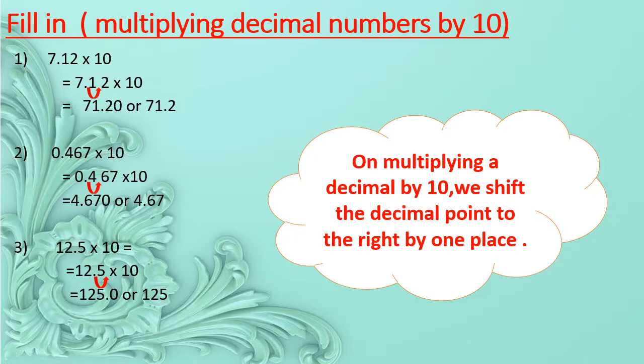So whenever we are going to multiply it by 10, we will assume it as a whole number. So 125 multiplied by 10 will be 1250. Okay, and that decimal will be shifted to the right side. Means if 12.5 is there, it will shift to the right side. So now we are having 125.0. So we can write it as 125. Got it? So this is how we are going to multiply decimals.